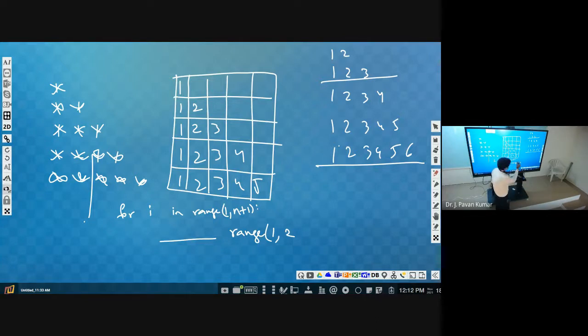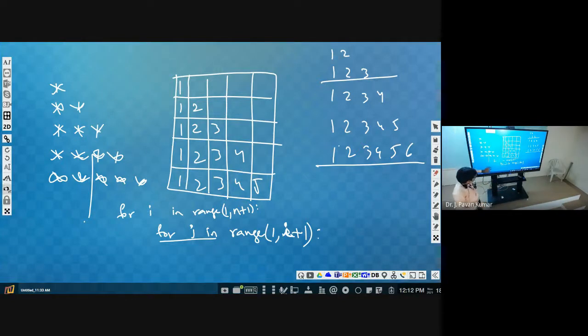Like that, ith row, I plus 1. This will represent the number of columns, which we are denoting with j. So for j in this range.